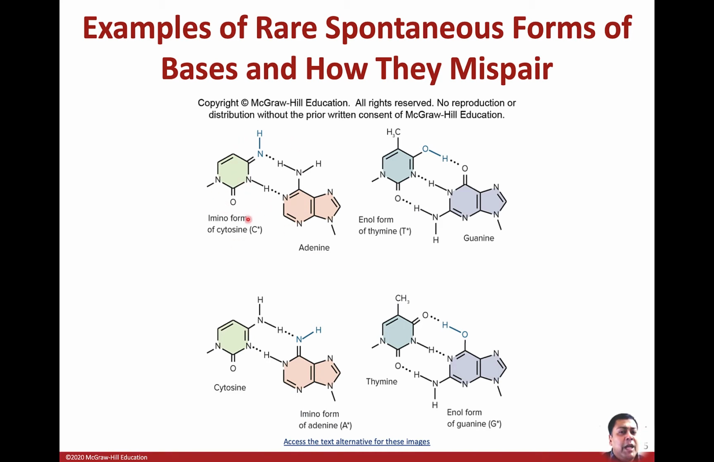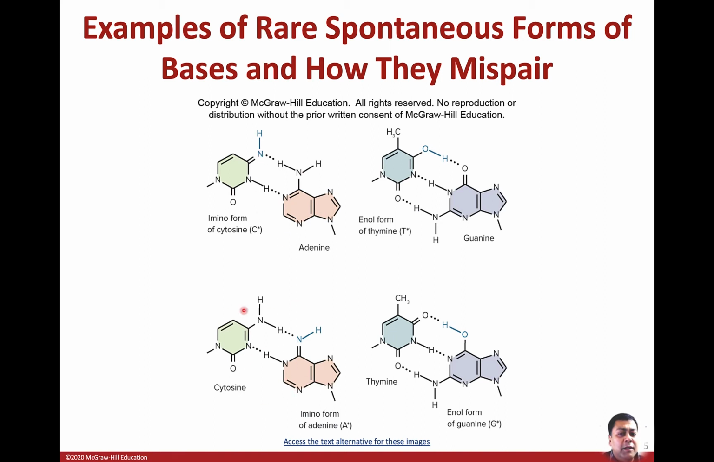But if it is changed into this imino form, here you can see that a C and A are base pairing. On the other hand, you can see right here, this is the normal form of adenine, which is base pairing with an imino form, which is a changed form, an AC base pair. This is a normal condition of adenine, which has an NH2 right here, which is changed into an imino form here,